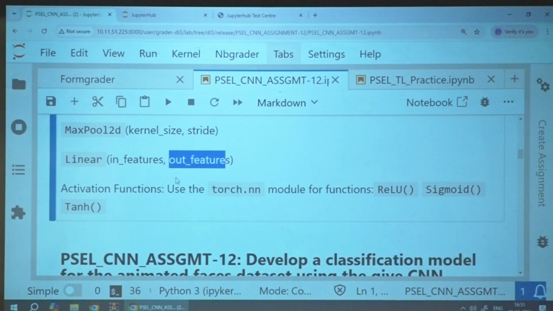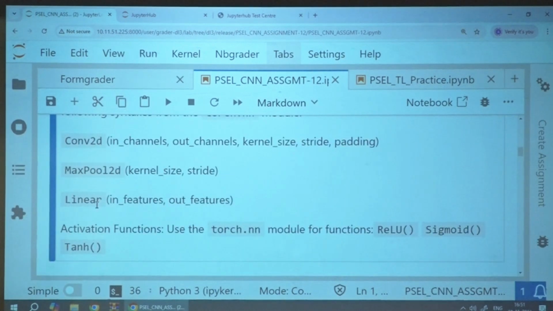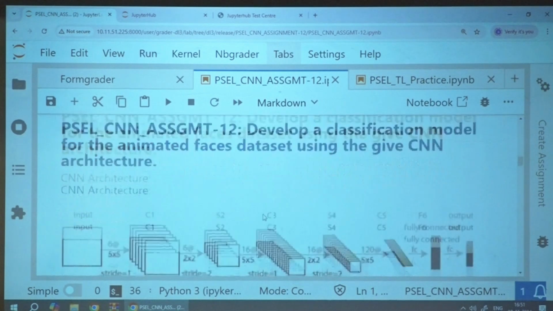Now one more fully connected layer, nn.Linear with 120 as the input and 84 as the output. Next, the third fully connected layer, again nn.Linear with 84 as the in features, and what is out features? Number of classes. That's it. Good.